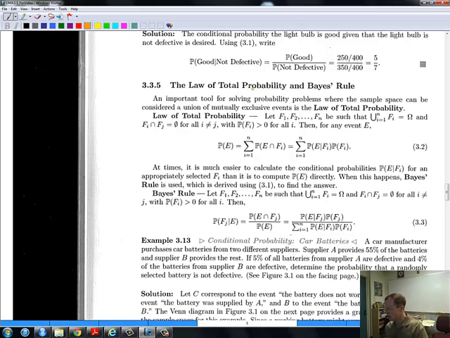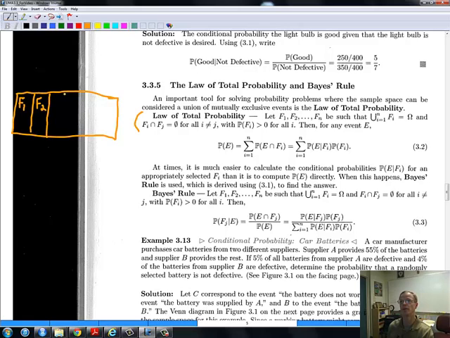With the law of total probability, here's the scenario, and they write it out right here for us. You've got F1 through Fn, mutually exclusive and jointly exhausting the entire sample space. You can think of it as the following, and this is a pretty commonly occurring scenario, maybe more than you might guess. So I've got F1,